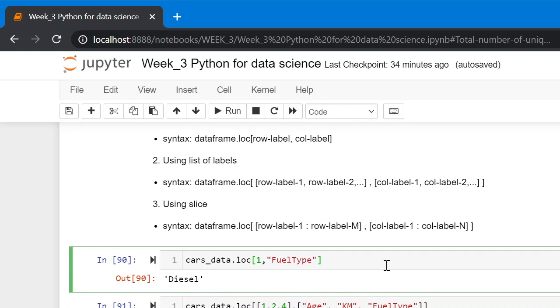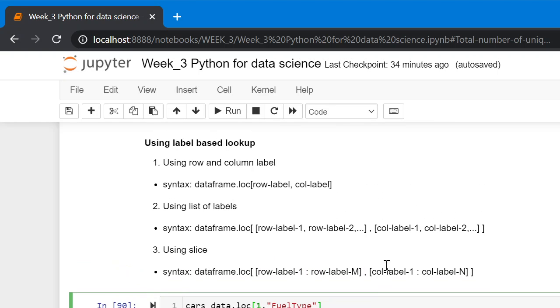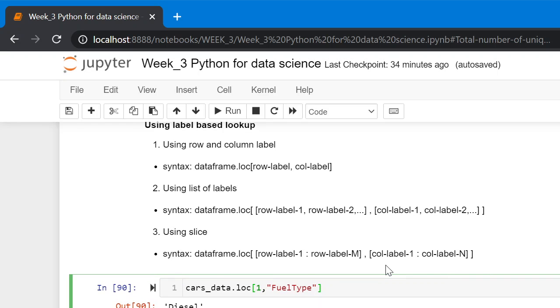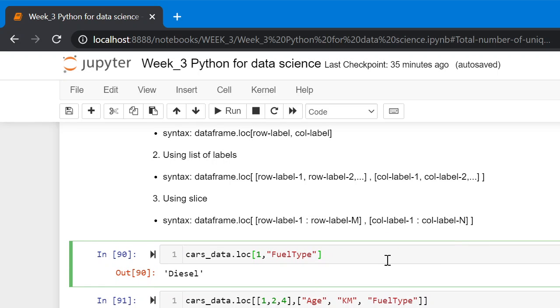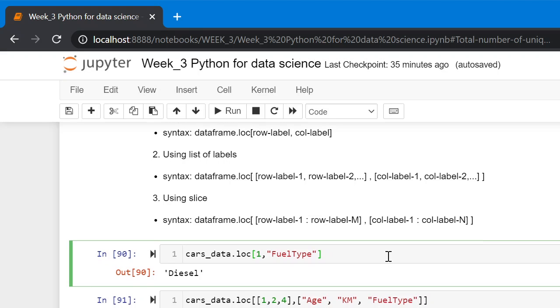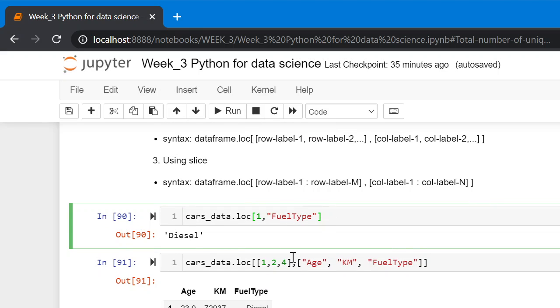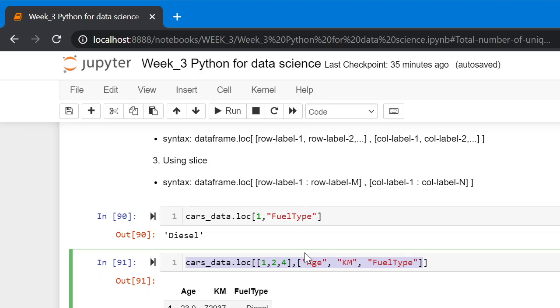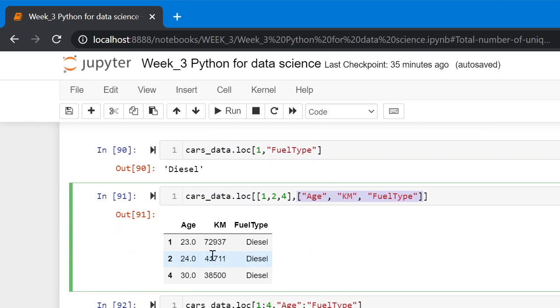Here are different ways of selecting a range of data. So here we are specifying a list of row labels and list of column labels. As we can see, 3 records are selected with 3 columns: age, kilometer and fuel type.